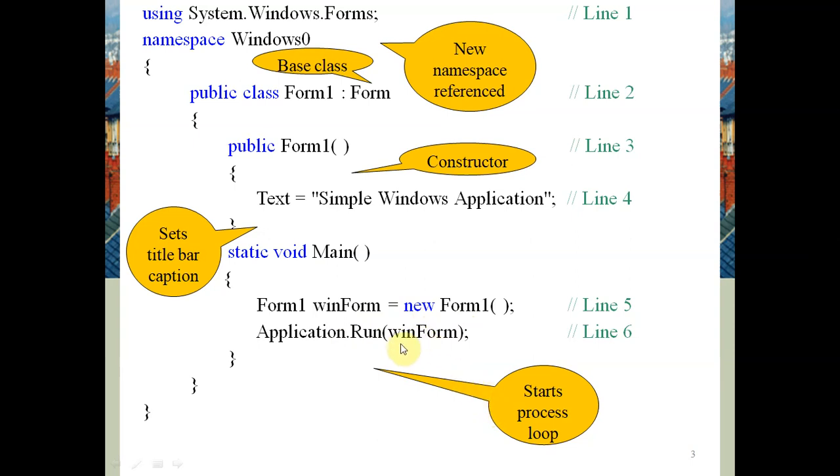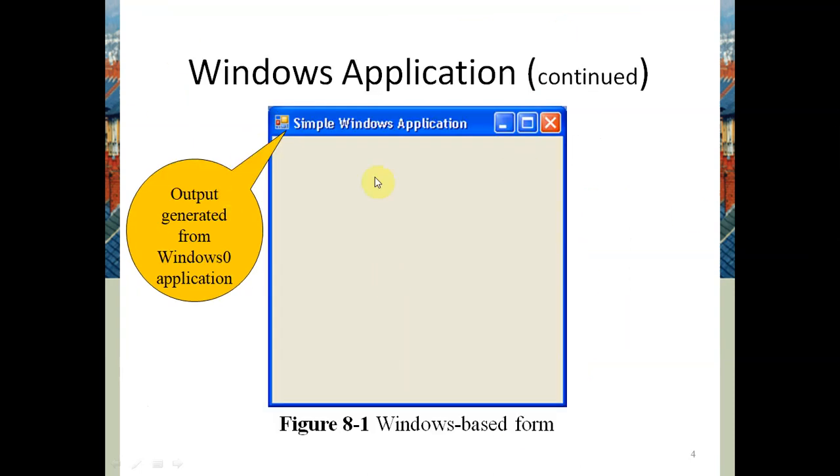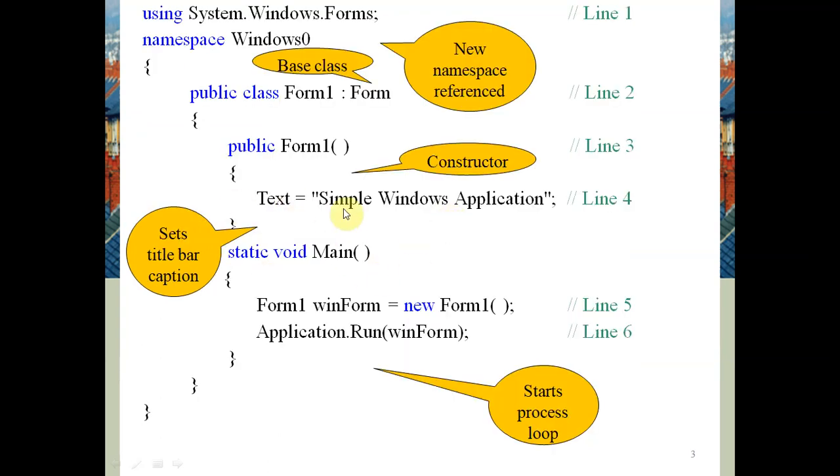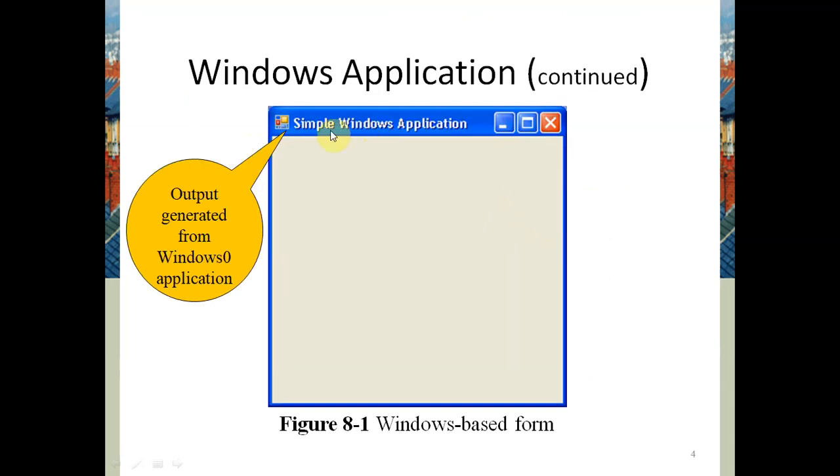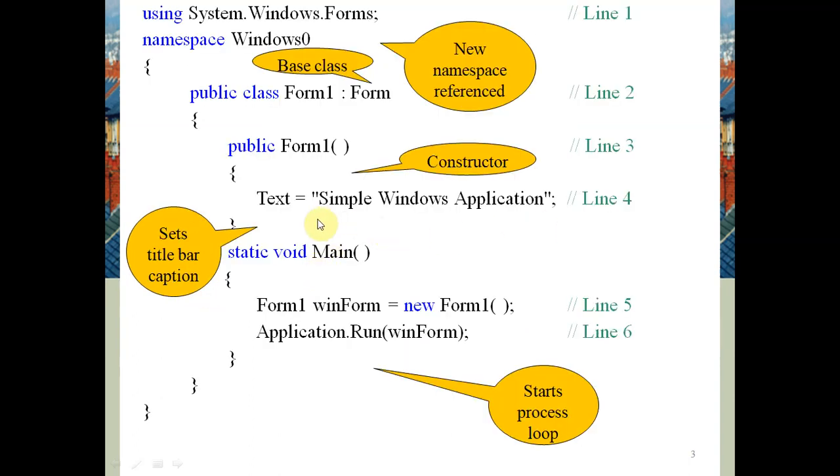As we run this winForm, it will execute its constructor form1, and simply this message will be displayed on the frame. You can see here this is the frame, and this one is the message, simple Windows application. It will be displayed here as simple Windows application, the output generated from the Windows application. Again you can see we have mentioned the text. This text is simple Windows application, and as we write application.run,